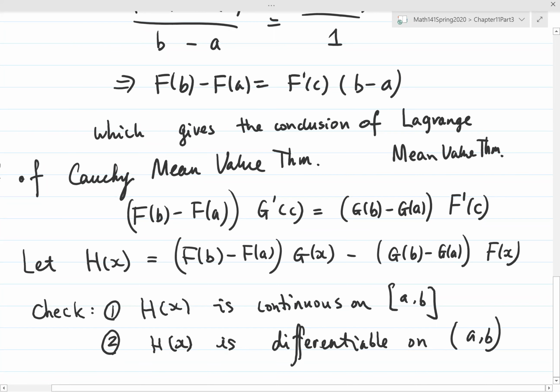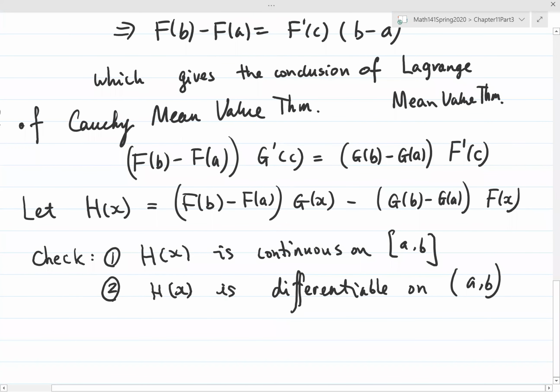And then check 3. Is H(a) equal to H(b)? Plug in a and b. You check this, okay? It's very easy to check. Let's just check the algebra. So by Rolle's theorem,